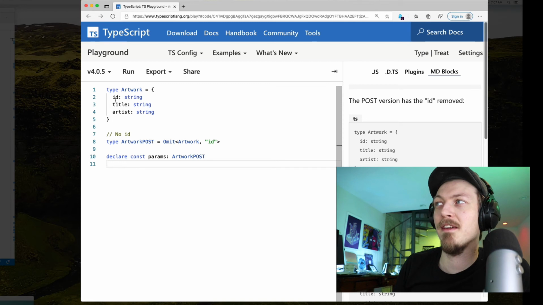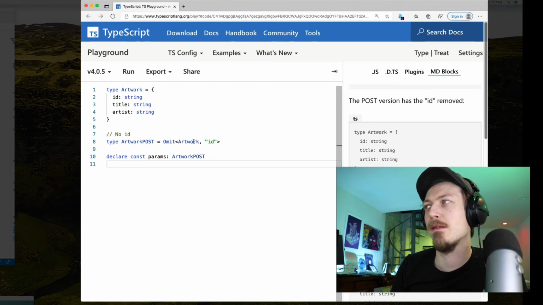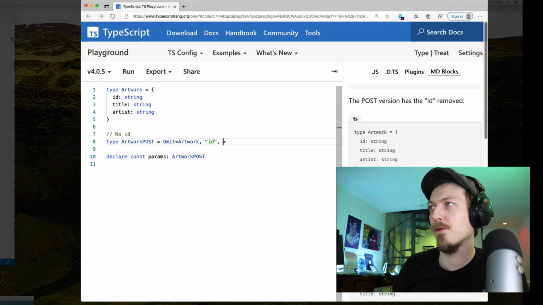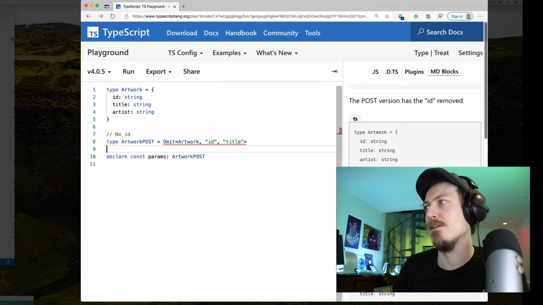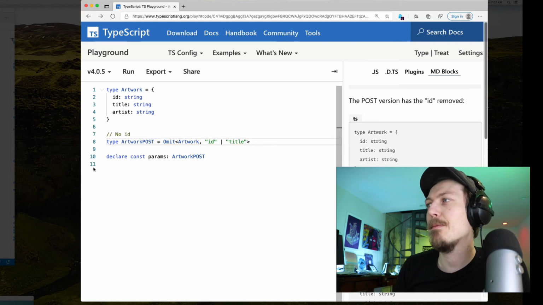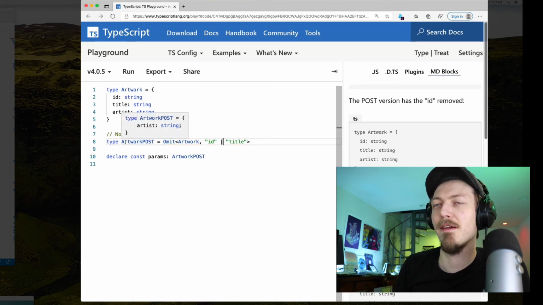So ID is removed from artwork in artwork post here. That's all this does. I could also remove title, for example. It's not an array. It's a union, and now it's just artists.